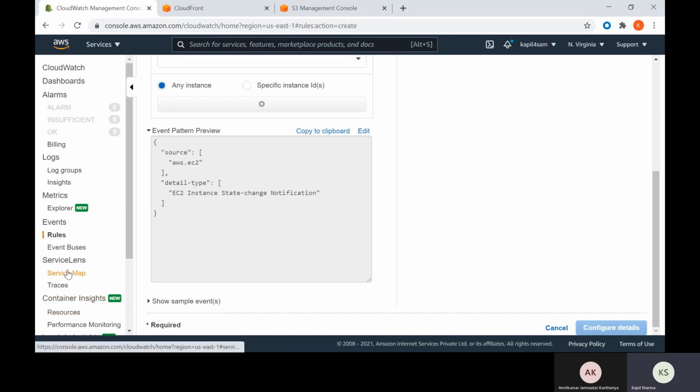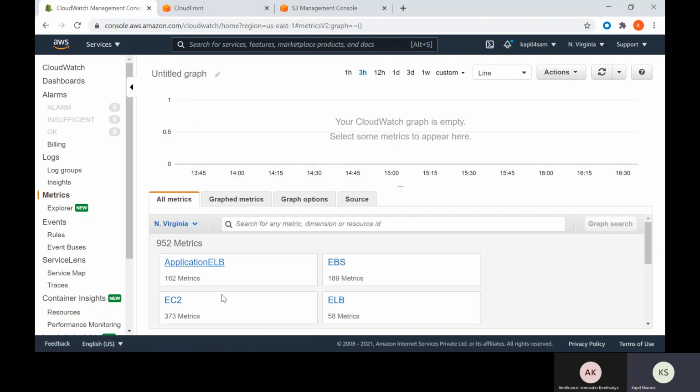If you're using Dockerized containers or Kubernetes, you can go and check your analytics on container insights. Metrics, as we have seen all the metrics which are there, you can go and explore which are the metrics available, and you can define your alarms based on the metrics, or if you want, you can create your custom metric as well.